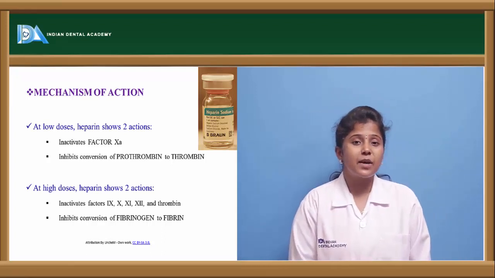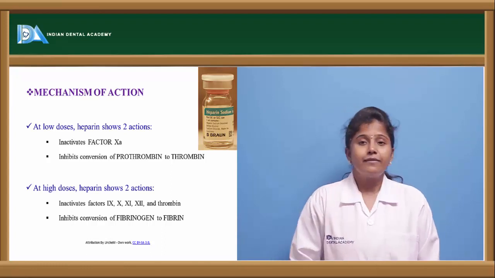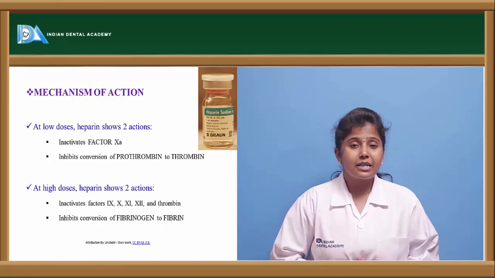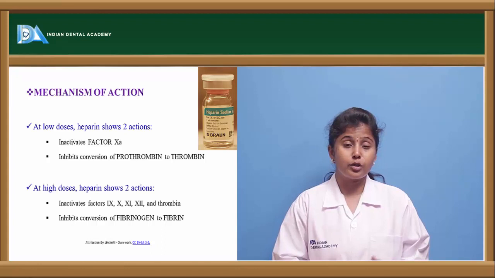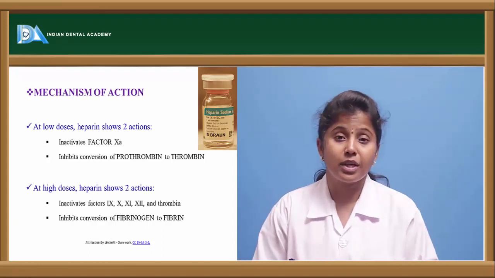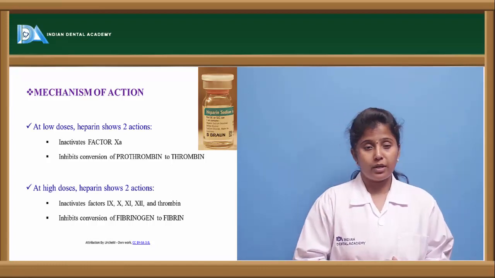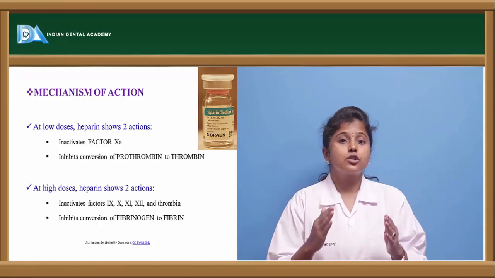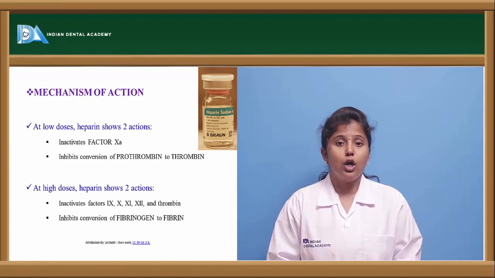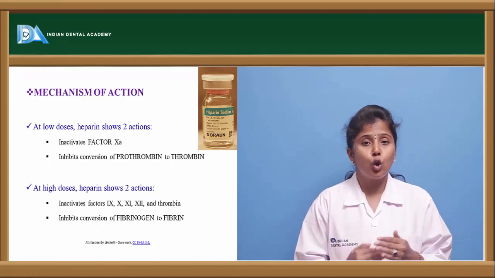If the heparin is given in low doses, it prevents the conversion of factor 10A, or it inhibits factor 10A. So 10A is one of the factors which is aiding in the clot formation. So this factor is inhibited, thereby preventing the clot formation, and it also inhibits the conversion of prothrombin to thrombin. Prothrombin is an inactive form, so this inactive form has to be converted into the active form in order to produce a clot. So this conversion is inhibited by the heparin when it is given in low doses,